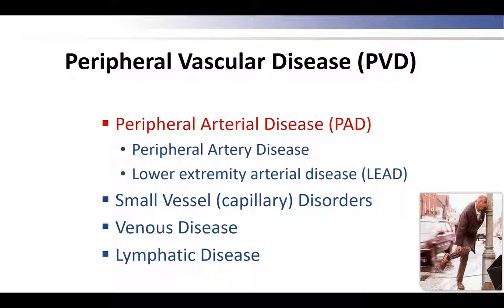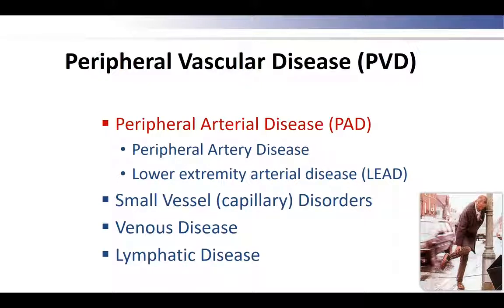To be slightly more confusing, in the UK, we refer to atherosclerosis in the lower limb as peripheral arterial disease. The Americans have decided that they should call it peripheral artery disease to match coronary artery disease, and the European Society of Cardiology have just gone out on a limb, excuse the pun, to call it lower extremity arterial disease. Now, I tell you that because if you're interested enough to do a literature search about peripheral arterial disease, you have to use all three terms now.